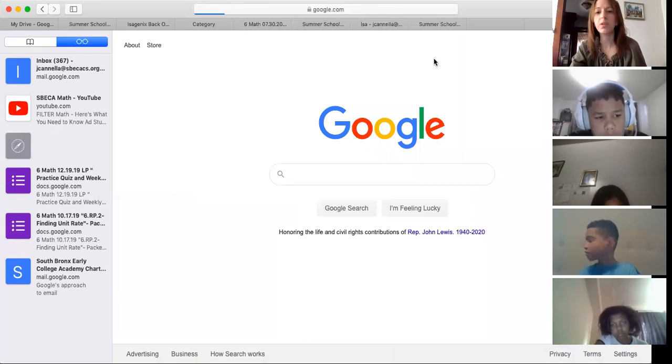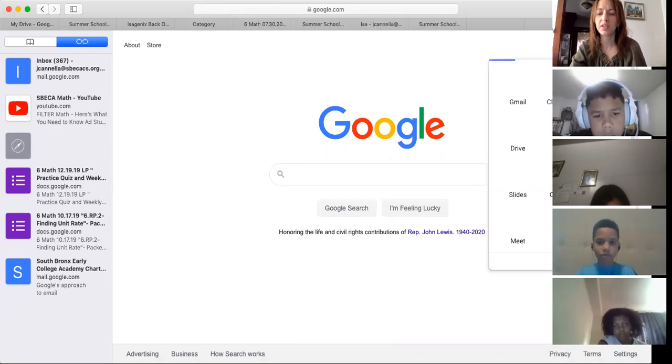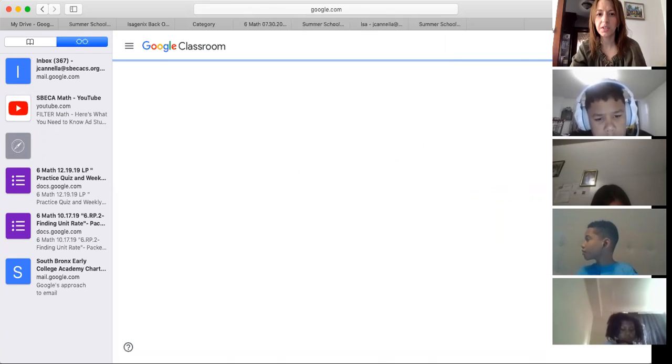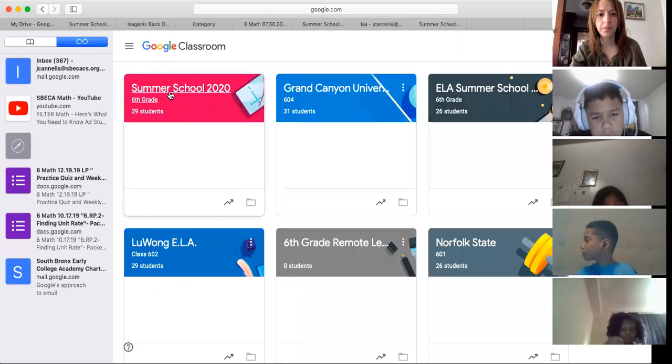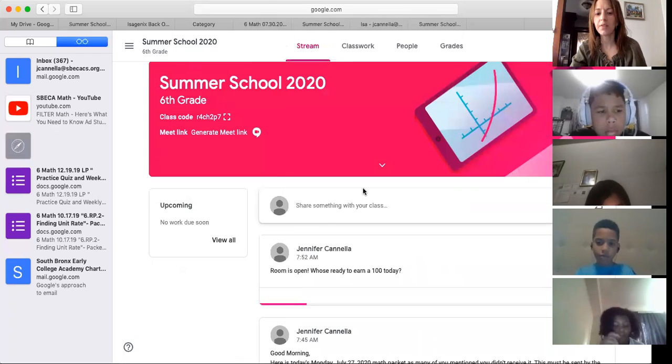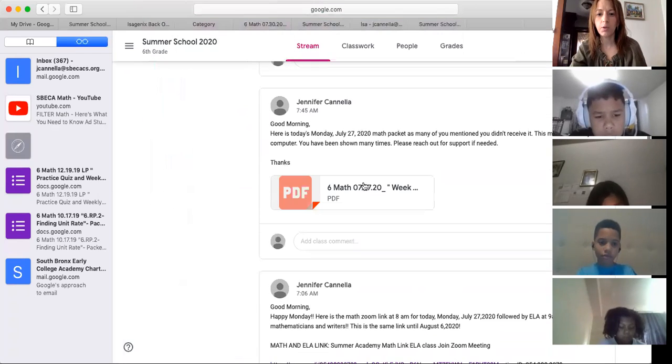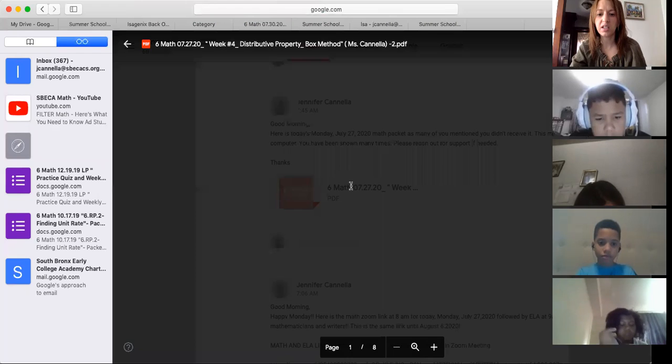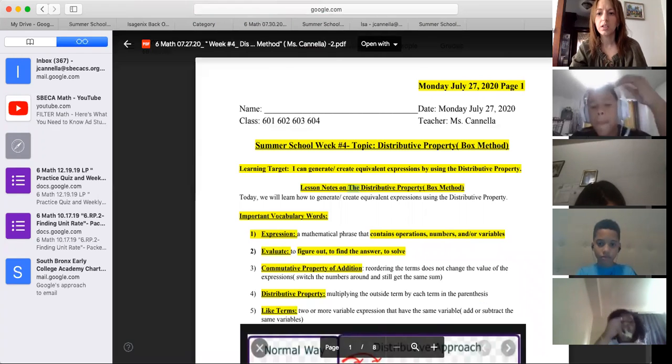Today, we're going to be working with the distributive property. We're going to review that because you need to know that skill in 7th grade. So we're just reviewing some skills that we need a little support on. The exit ticket, obviously I will go over it. It will be based on today's exit ticket packet. All right, let's start with